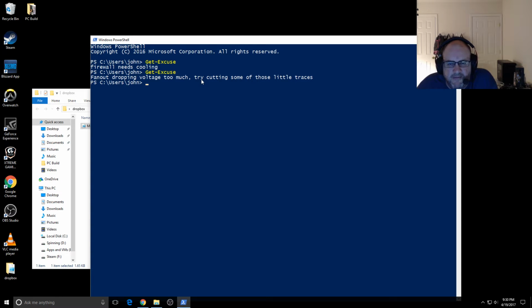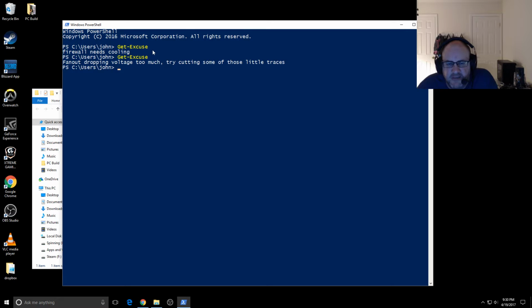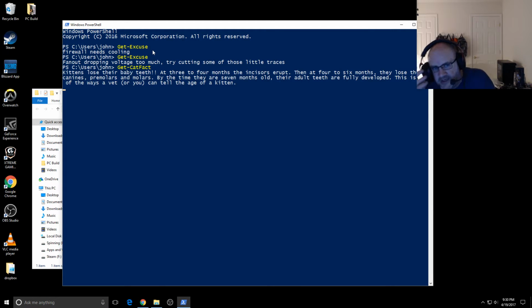There's one called Get-CatFacts, which I saw on Reddit that I added in, and it actually speaks cat facts. Let's see if I can remember. Yep, catfacts. So you probably can't hear it, but there you go. So I also have it print out the text as well. Sorry, it's talking, so it's distracting me a little bit. Anyways,